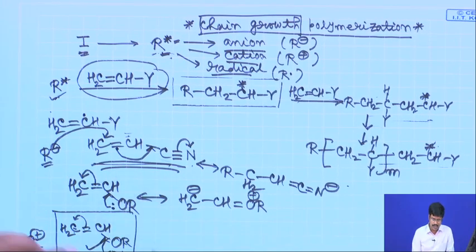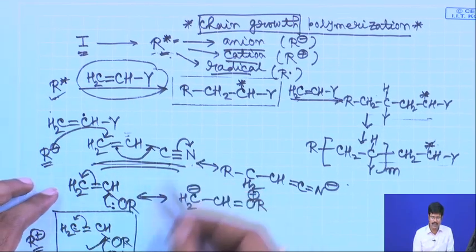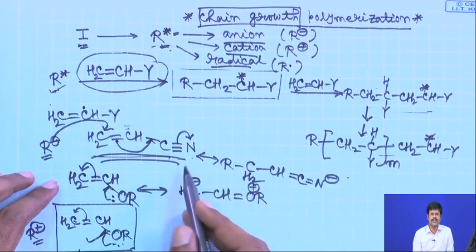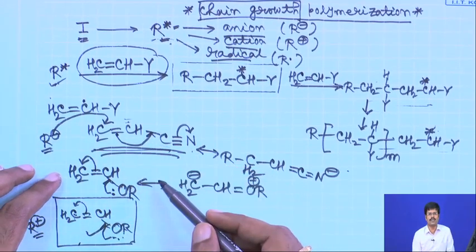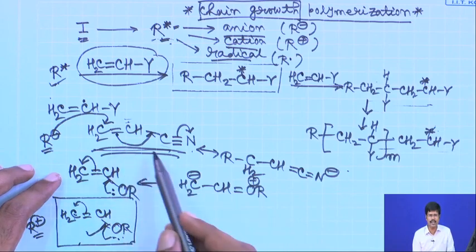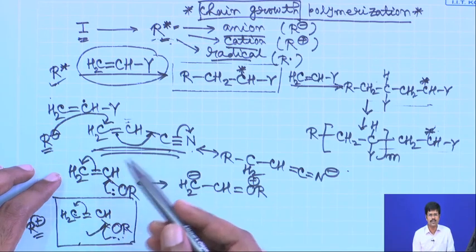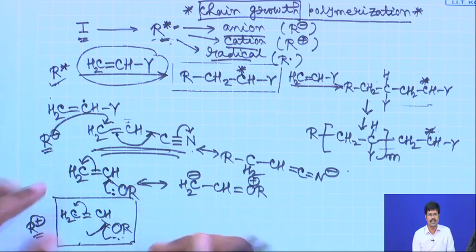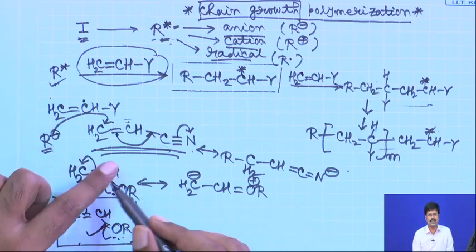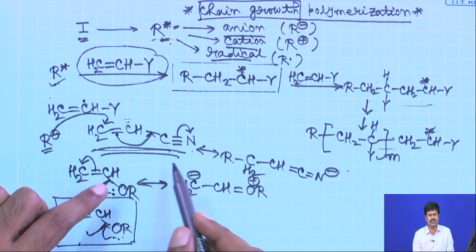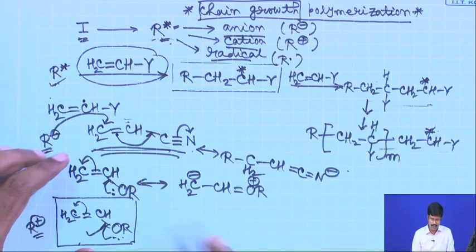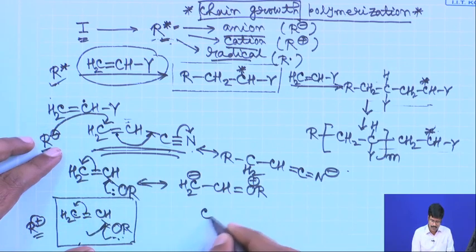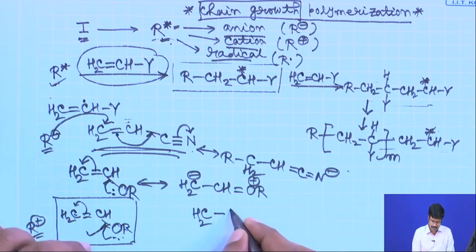But if you look at radical polymerization, many of these materials are not selective, meaning they can actually be subjected to radical polymerization, because the radical is not a charged species unlike a cation or an anion. So, the stabilization of the radical can be affected by both electron withdrawing as well as electron donating units. So, for example, if you take this particular monomer